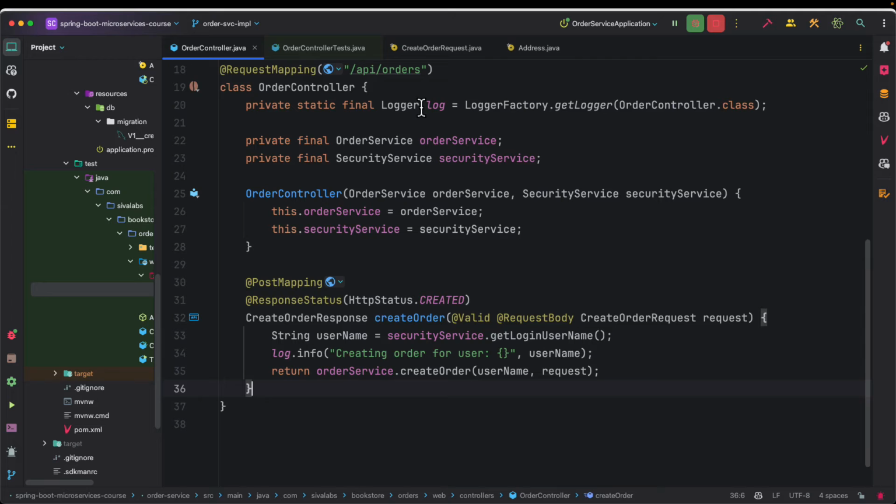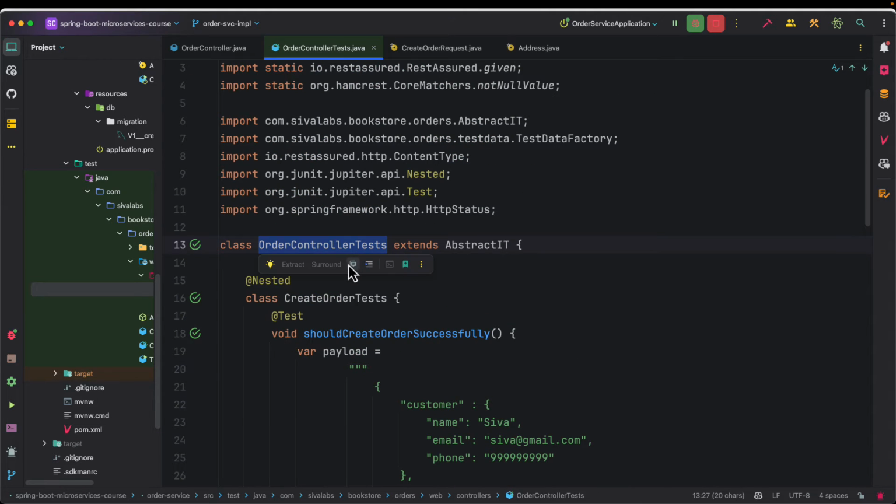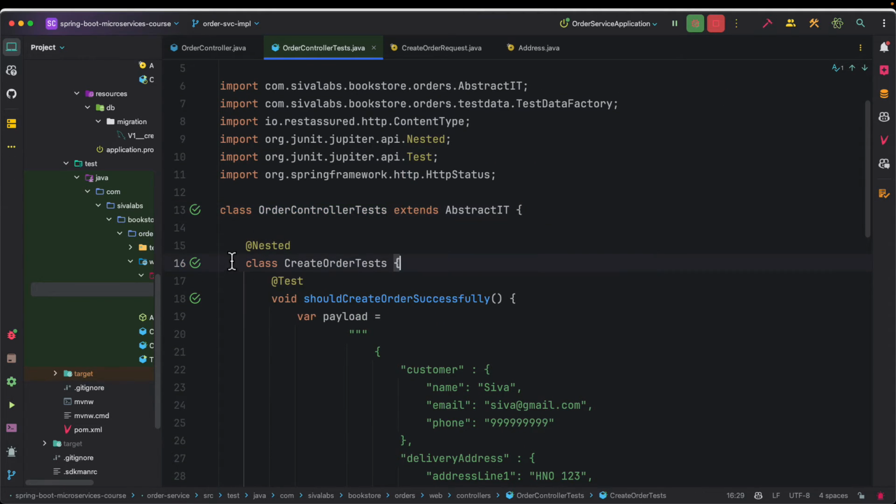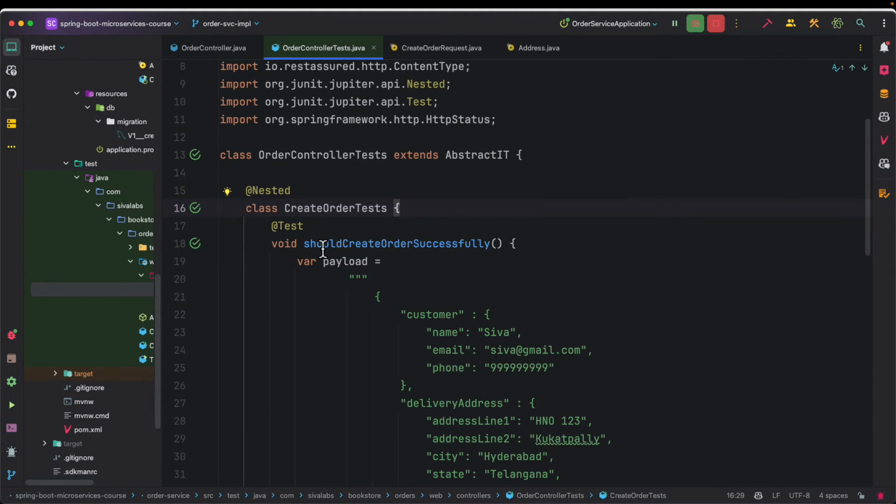So here, instead of putting all of them at the high level, we can organize them in a nested class, so that all the create order related API endpoint tests should be in this class. So it's not mandatory, but it's a good practice. And then next we have the first use case where we are checking, given a valid payload, it should create an